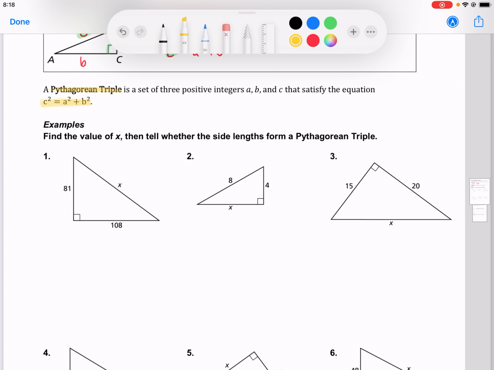So first thing I always look for is the hypotenuse, or our C. So the hypotenuse is always across from the right angle. And so I'll square that first. So x squared is equal to, and then I add the other two squared numbers. So in order to solve this, I'm going to go ahead and just type in 81 squared plus 108 squared in my calculator. Oops, if I can type it in. All right, and I get